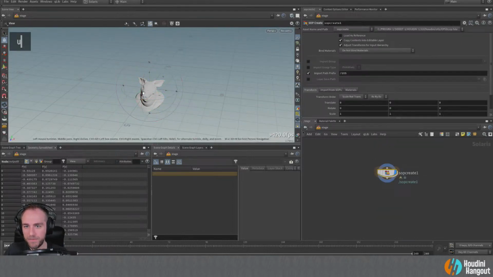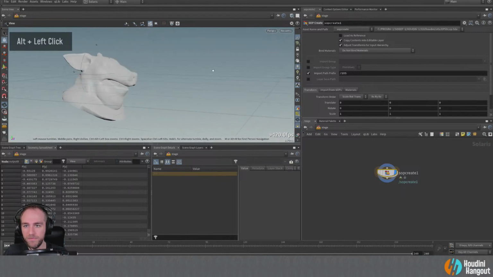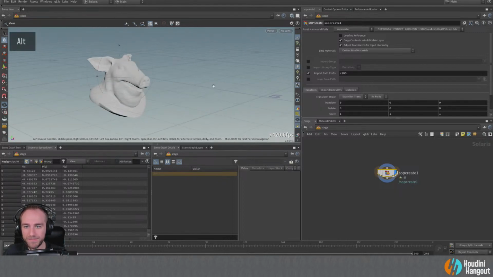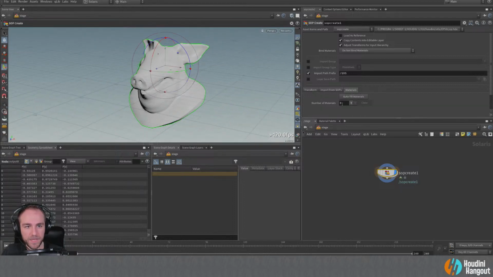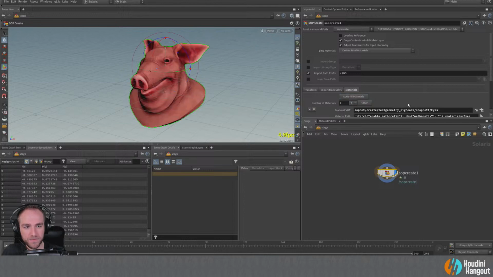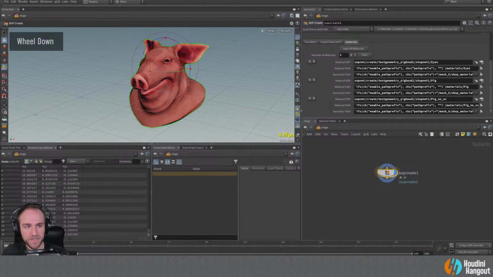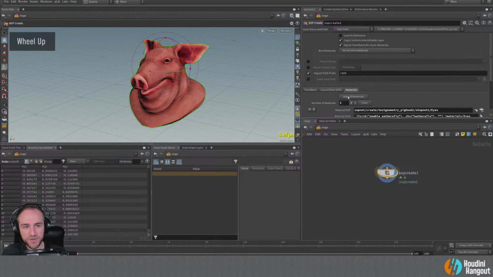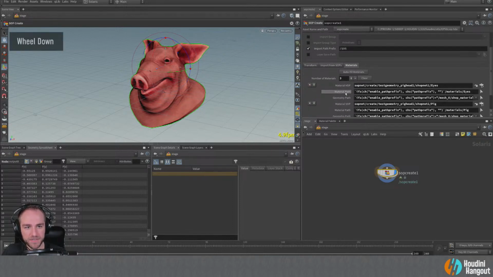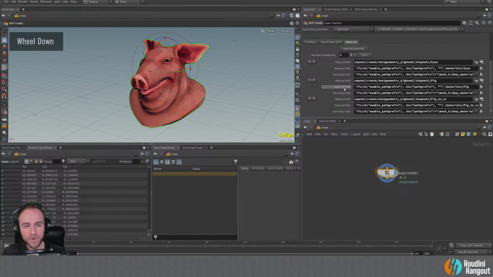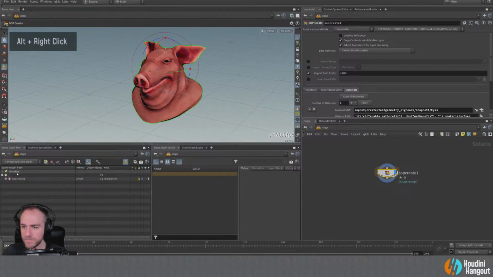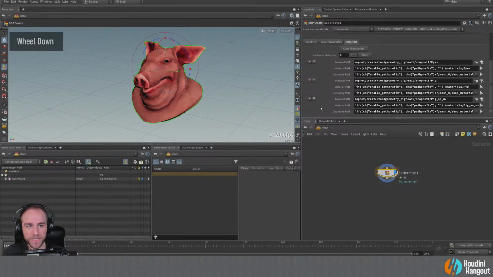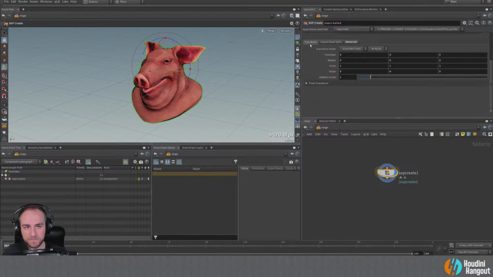So now we come up here and we have our pig being viewed. Now you'll notice that we don't have a shader on it. That is because from a SOP create node, you could possibly autofill some materials, and there we go. That's going to actually load in those materials for us. This is actually a newer feature, I think, of the SOP create node. So you can autofill your materials like that, and that will allow you to actually have the shaders come through as well. So let's look at the scene graph tree here and kind of see what's happening here.